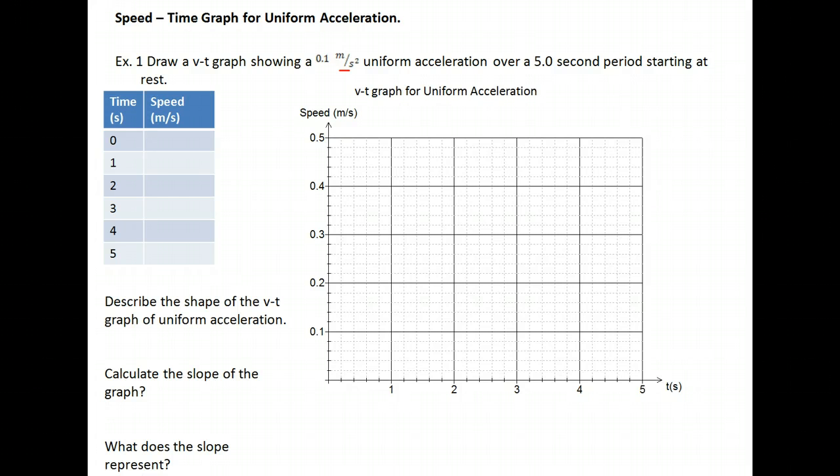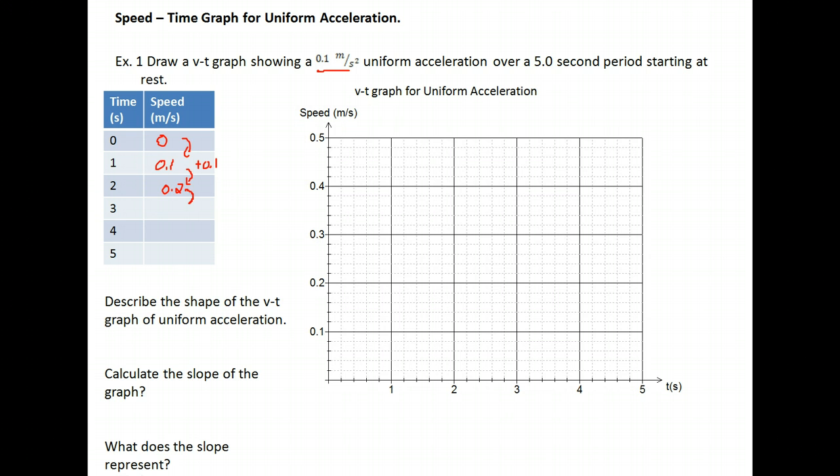So first we identify our uniform acceleration, 0.1 meters per second squared. So for every second that goes by, the object will be increasing its speed by 0.1 meters per second. So at the very beginning, we're told it starts at rest, so the speed will be 0. Then after 1 second, the speed is going to increase by 0.1 meters per second. Then it will increase by another 0.1 meters per second,